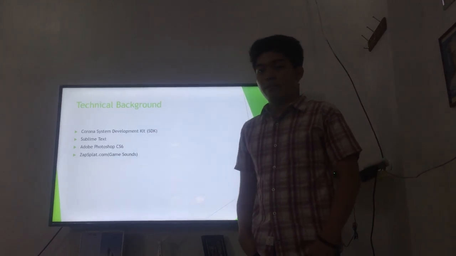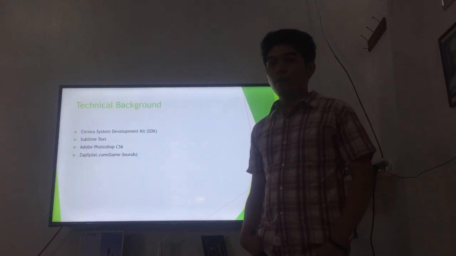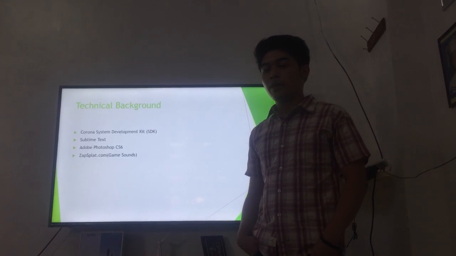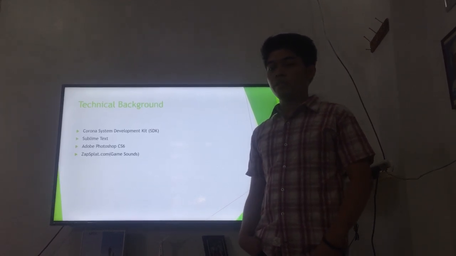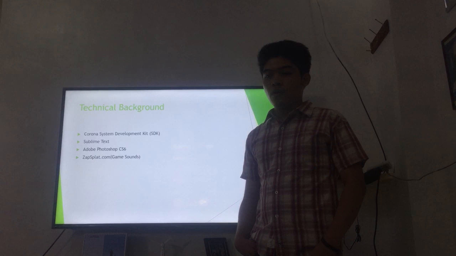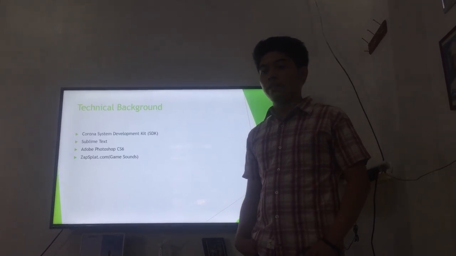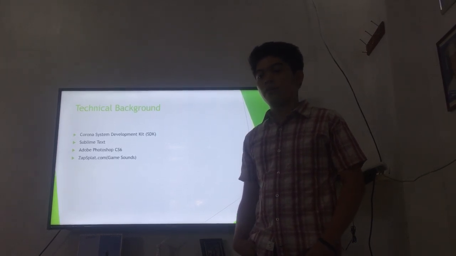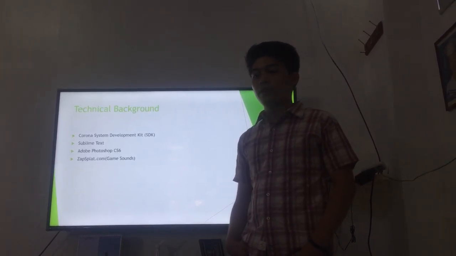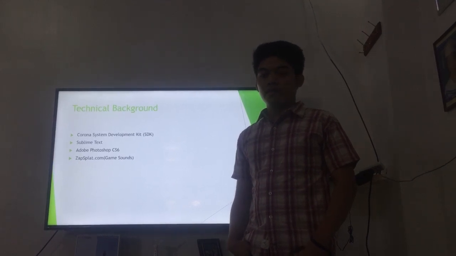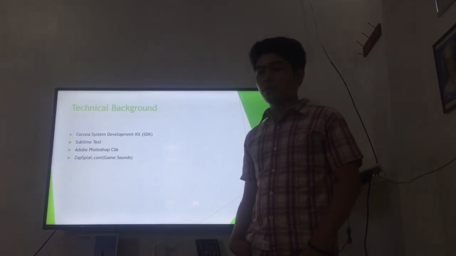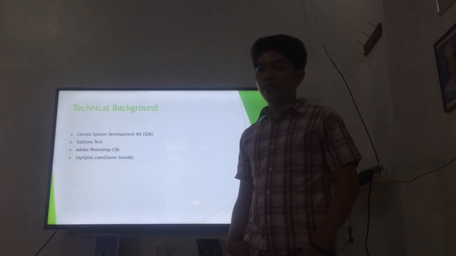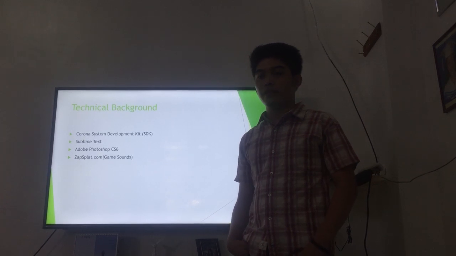In developing the game, the proponents use Corona SDK as the mobile development framework. Corona SDK is a cross-platform mobile application development tool which allows the user to publish a game on any mobile platform. Lua is the programming language because it provides the necessities to develop the game rapidly. Lua is a powerful, fast, lightweight, and embeddable scripting language. Sublime Text is used as the editor where all the code will be written. To integrate Sublime Text with Corona SDK, the proponents added the Corona Editor plugin.